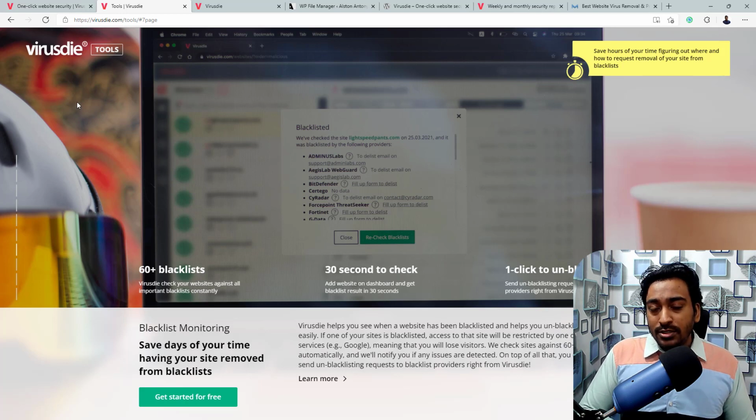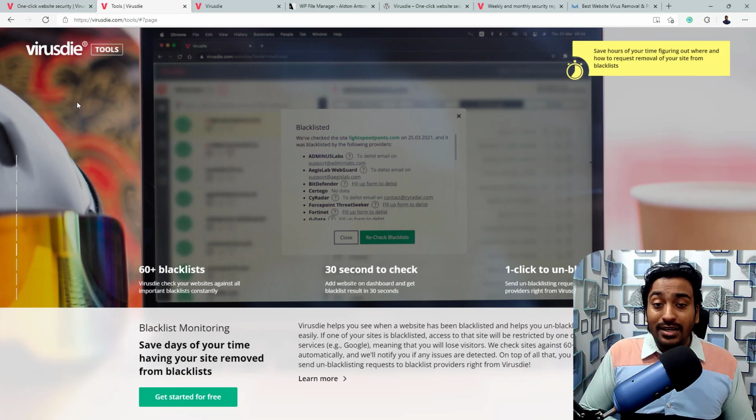Not just Google, but there are so many different services, software, and plugins that do something like this. So if your website ends up in one of these blacklists, it can damage your reputation as well as potentially reduce visitors coming to your website.